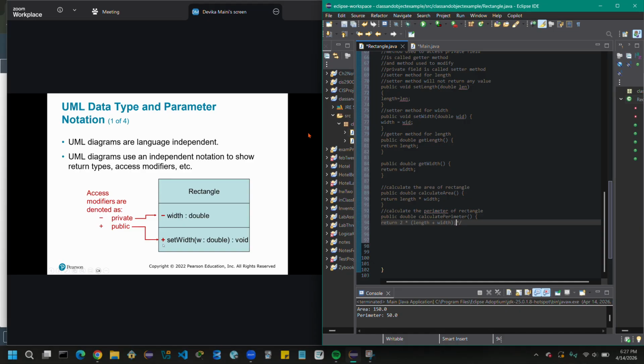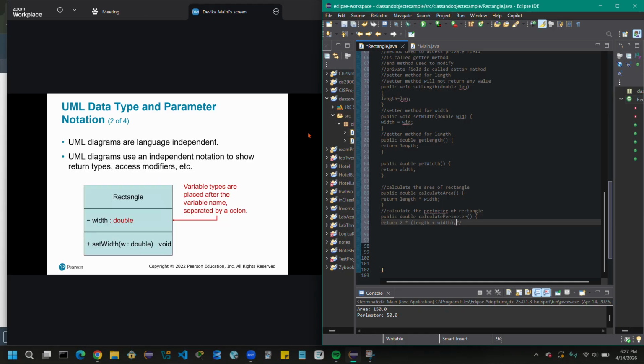Positive means public: setWidth is the name of the method, followed by w, which is the parameter. Double is the data type, and void is the return type, so we use a colon. That's a proper UML diagram of classes and objects.